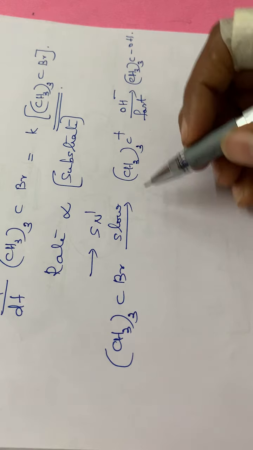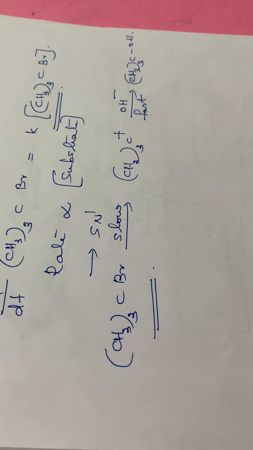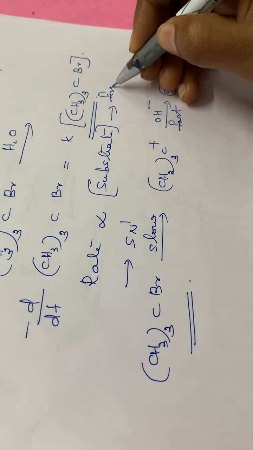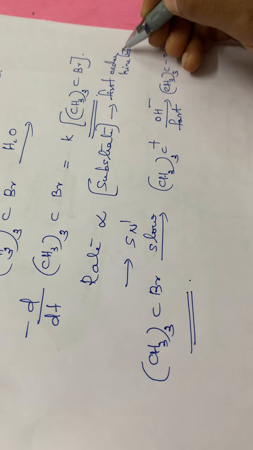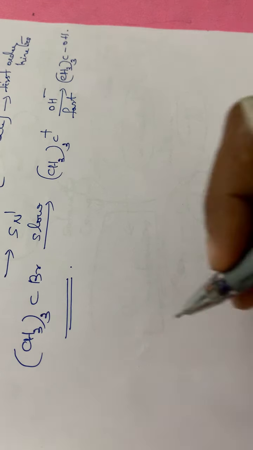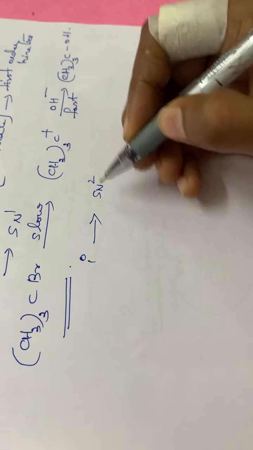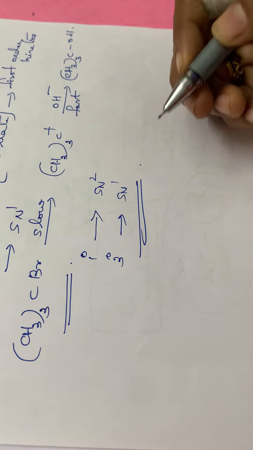So here the rate depends only on the concentration of the substrate. So it follows the SN1 mechanism. This is the kinetic evidence for the different reactions, that is, by determining the order of the reaction. So this particular reaction follows first order kinetics, isn't it? It depends only on the concentration of the substrate. So the hydrolysis of primary alkyl halides follows SN2, and the hydrolysis of tertiary alkyl halides follows the SN1 mechanism.